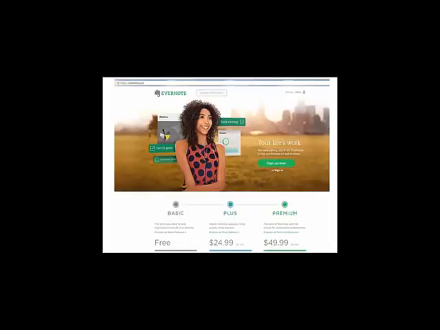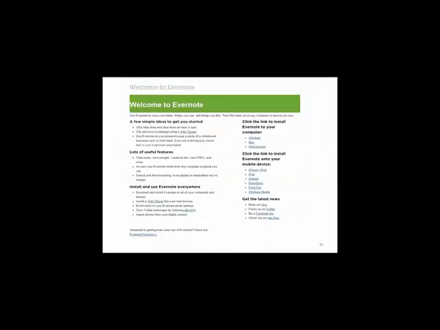Evernote. Obviously, you've got some different tiers, you've got the free, a plus, premium. The more you pay, the more function you get. And I think when you start getting the premium and everything, you've got much more function in doing audio and video files. So I think that's going to be the biggest difference there. Again, we'll get into more details later on.